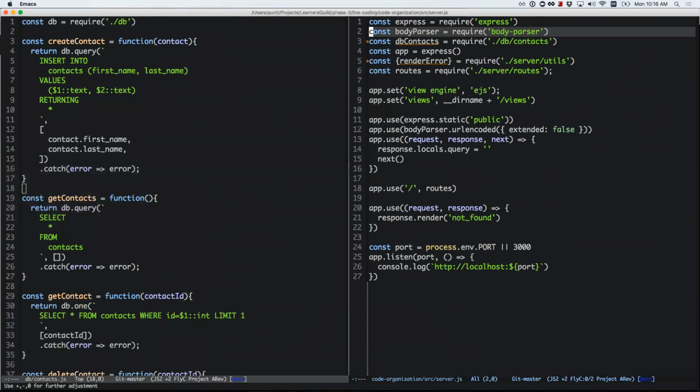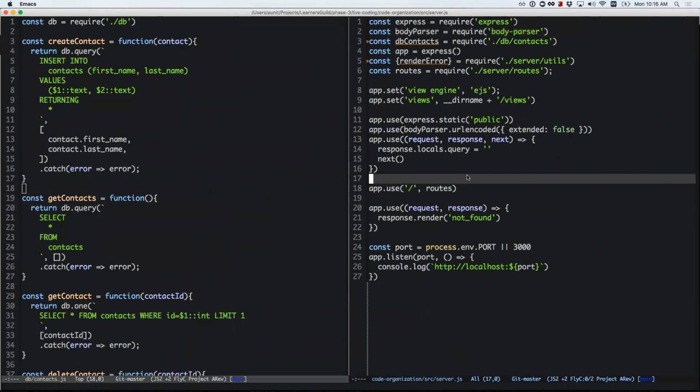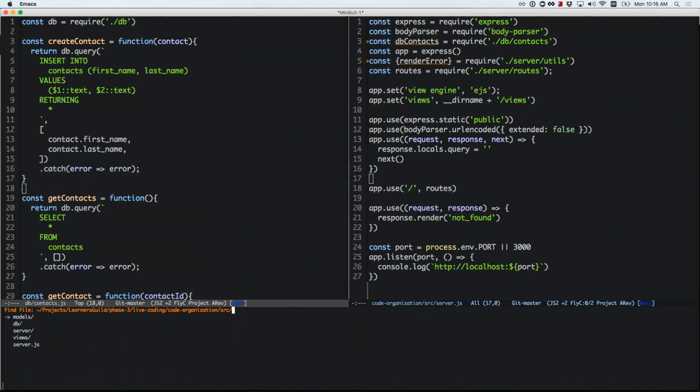So in server.js, I want to just have one line to import all of my routes. That's the intention, right? I just want to have one line each for initialization of all of my different components. So I have one line for routes. I may have one line for authentication. I may have one line for setting up some config. So to make that happen, we need